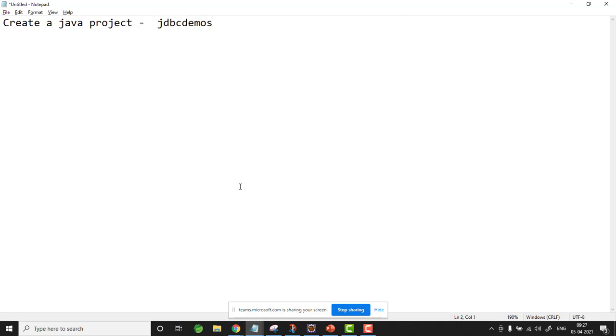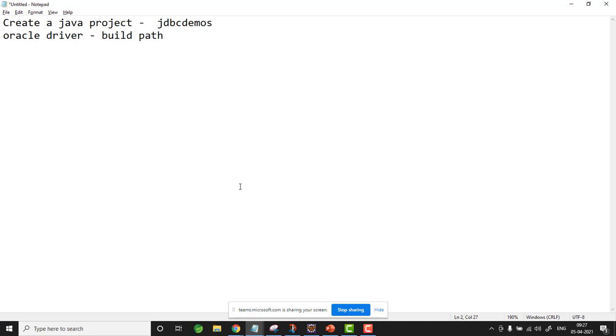The next step is, as I told, based on the database, you need to connect to the appropriate driver. So we are going to connect with Oracle driver. So we need to add Oracle driver to our application. As of now, we are doing it as a Java project. In a real-time scenario, they will not do it as a Java project. They will be doing it using Maven. Maven is a project management tool. So as of now, you understand that we will directly add Oracle driver to the build path.